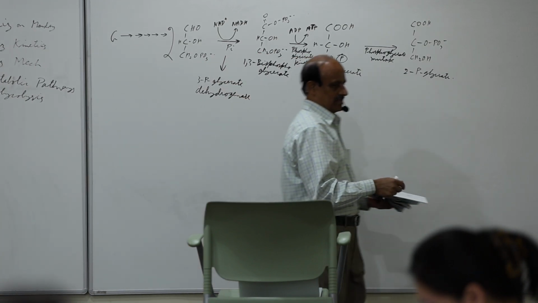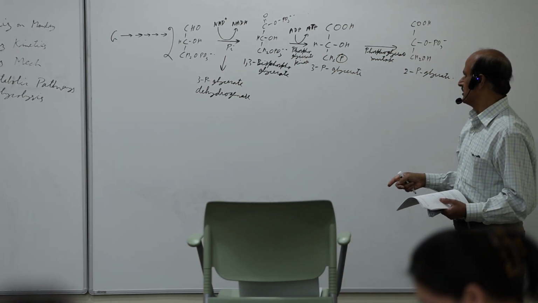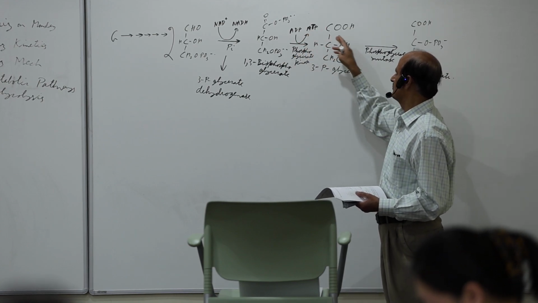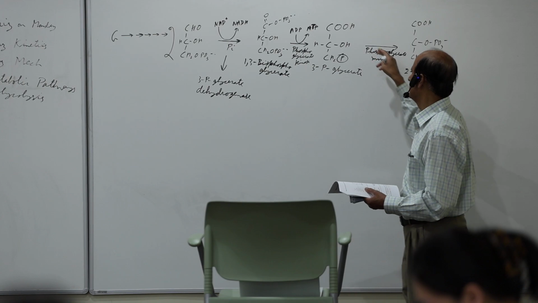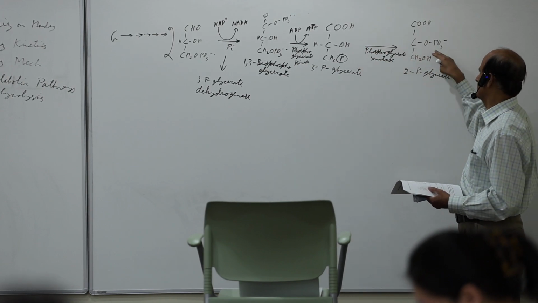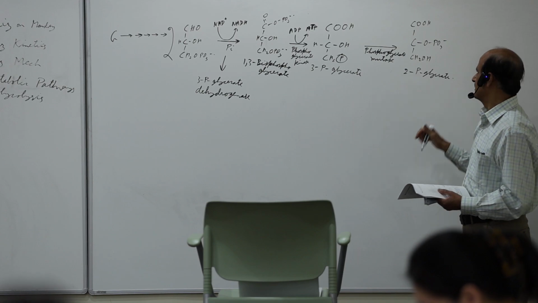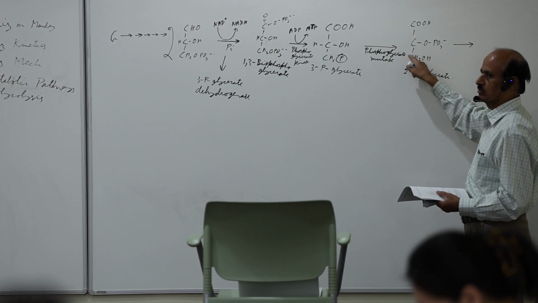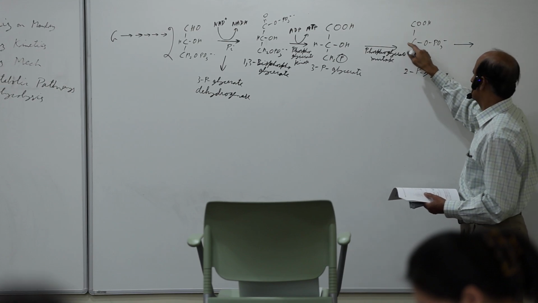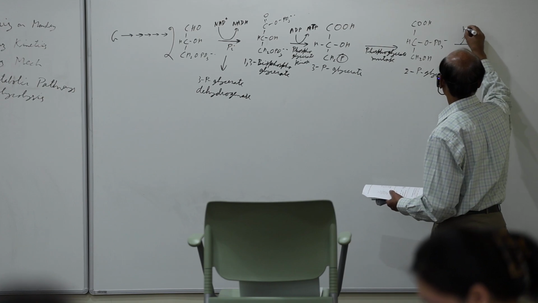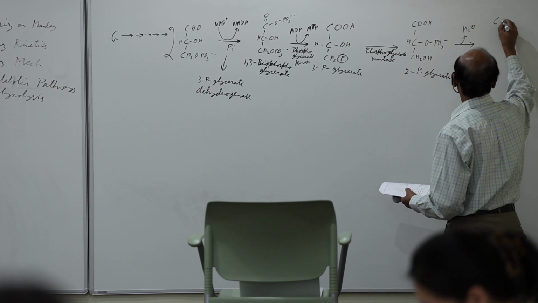Alright, so as I said before, every reaction has a purpose. As we saw here, the purpose of oxidizing, going another step, is to make that ATP. And then what is the purpose of moving the phosphate from the 2 position to the 3 position? You can see in the next step, where you are going to lose a molecule of water. So this OH, and there is a hydrogen here that is lost, and you get a molecule of water, and that gives you